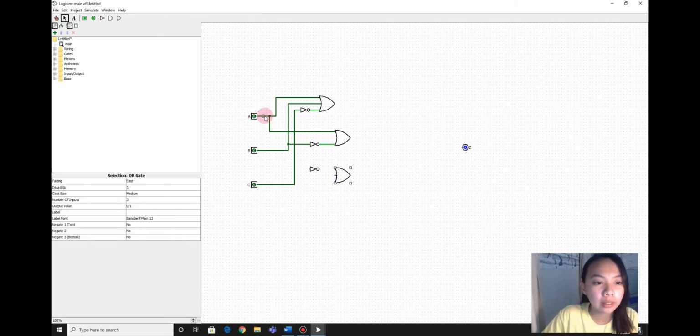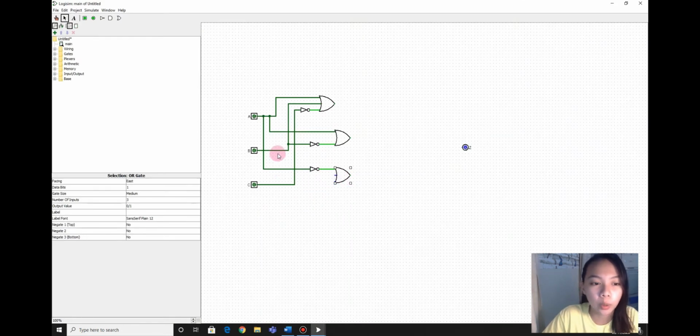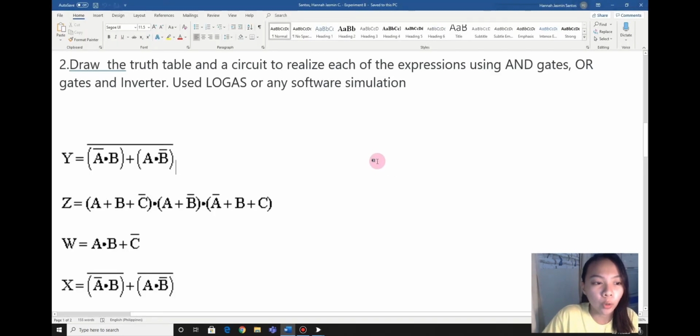Then we will connect this A in the NOT, and we will connect the NOT gate in the input of this OR gate. Then the second one, the B and the C is connected, so we will connect the B here and also the input C. So the connection,